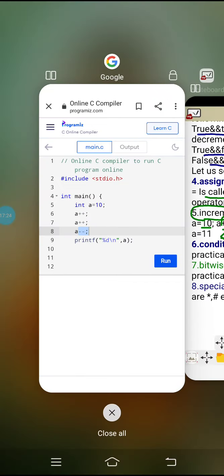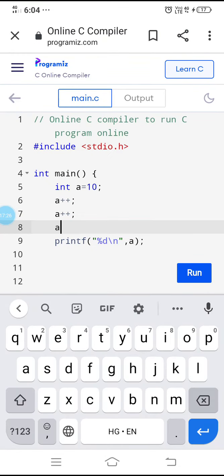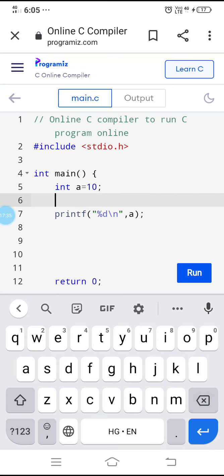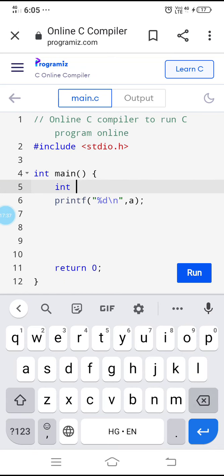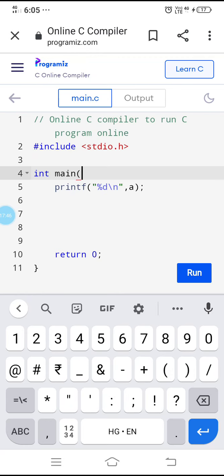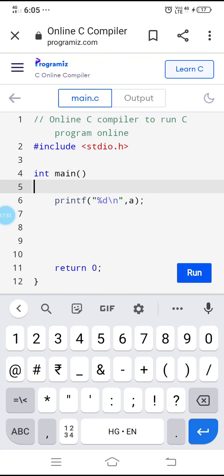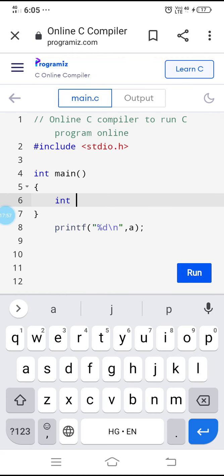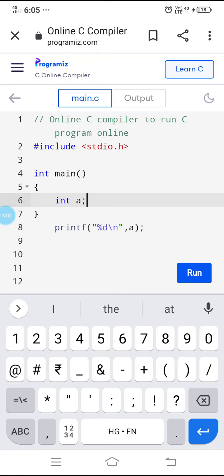Directly by using the practical, let us know it. So int a is there. I am declaring a variable a whose data type is int.